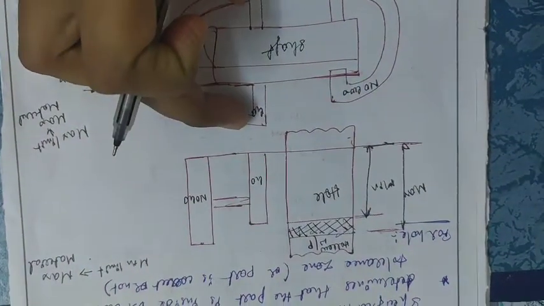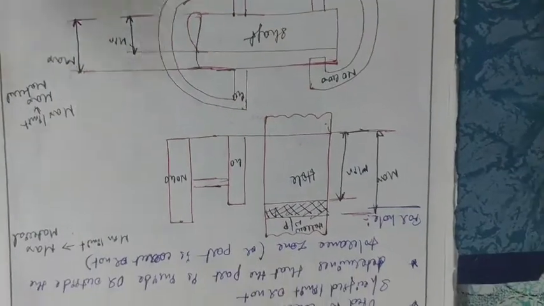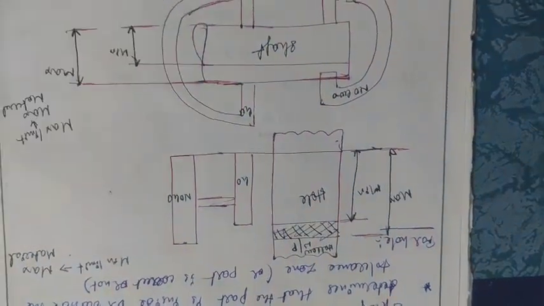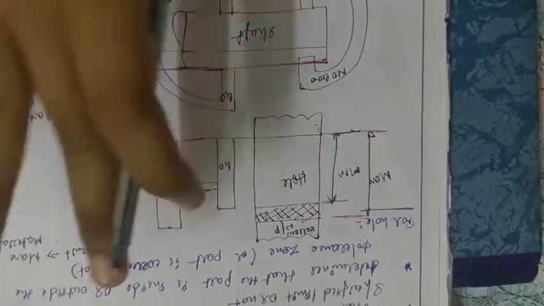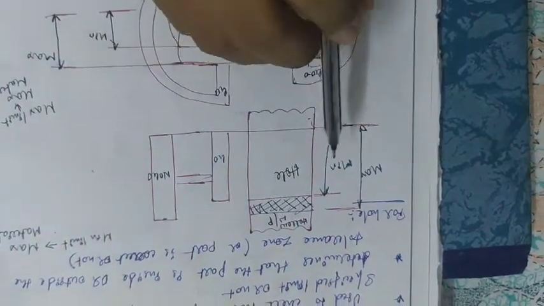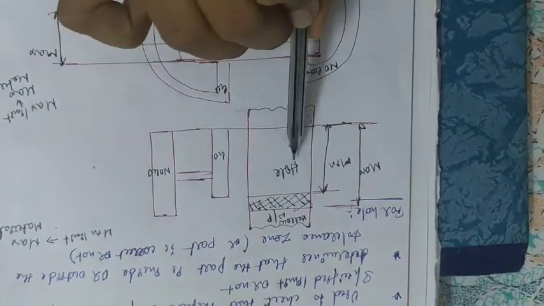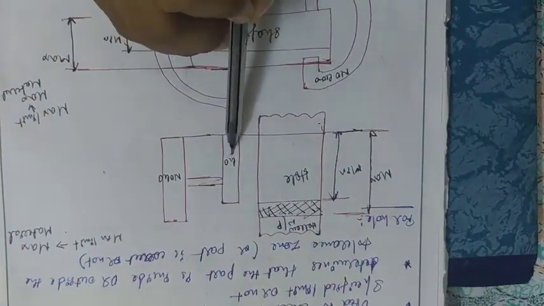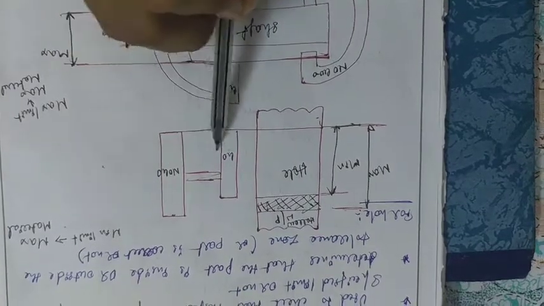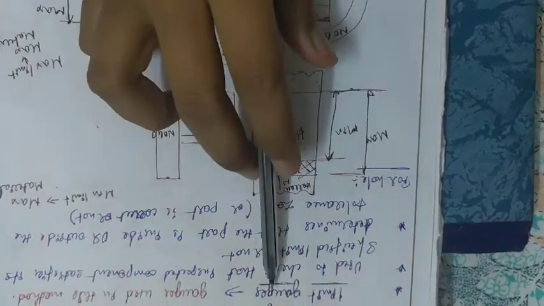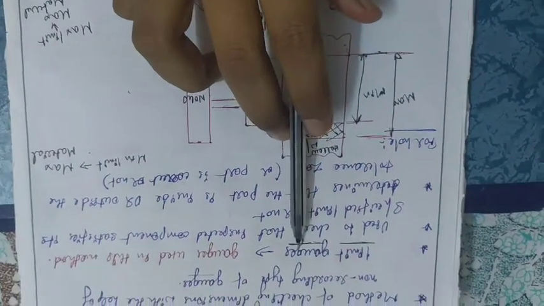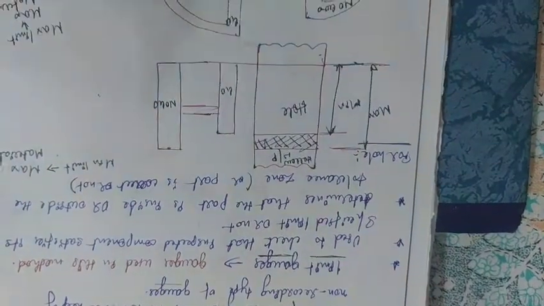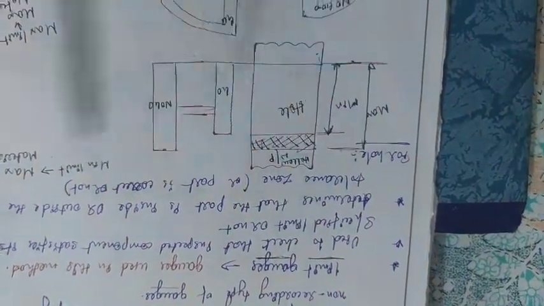If you are applying the go and no go, these concepts come under a principle called Taylor's principle. In the next video, I will tell you about Taylor's principle. This video is just regarding the basics of how we can measure the hole and the shaft. Go and no go type is one type of gauges. This comes under types of limit gauges. Then I can elaborate in the classification concept.